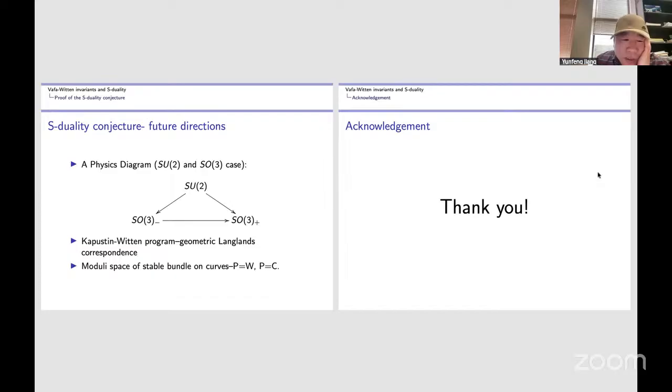This is, in my understanding, about how to relate this four-dimensional case. The S-duality is for 4D supersymmetric Yang-Mills theory, right? How to relate this 4D case to the 2D case. 2D means the moduli of stable Higgs bundles on curves, I guess. Correct me, please, if I'm wrong. But for this program, maybe many people know it.